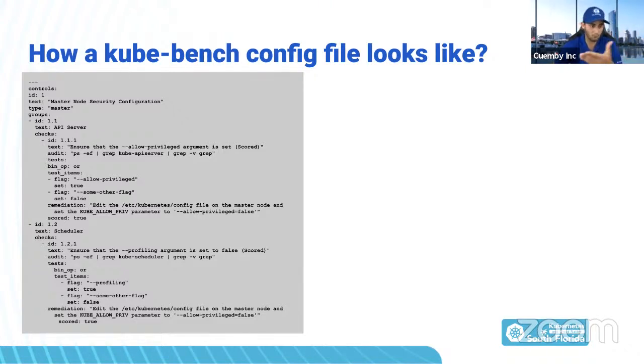like first the ID, and the text, which has an explanation of what you're trying to check for, which I like a lot, because all this information you will see in the output that I'm going to show you later. It shows you every single piece of information, and tells you, for example, ensure that there's no allow privilege argument set, and then you of course provide the command that is going to check for that.